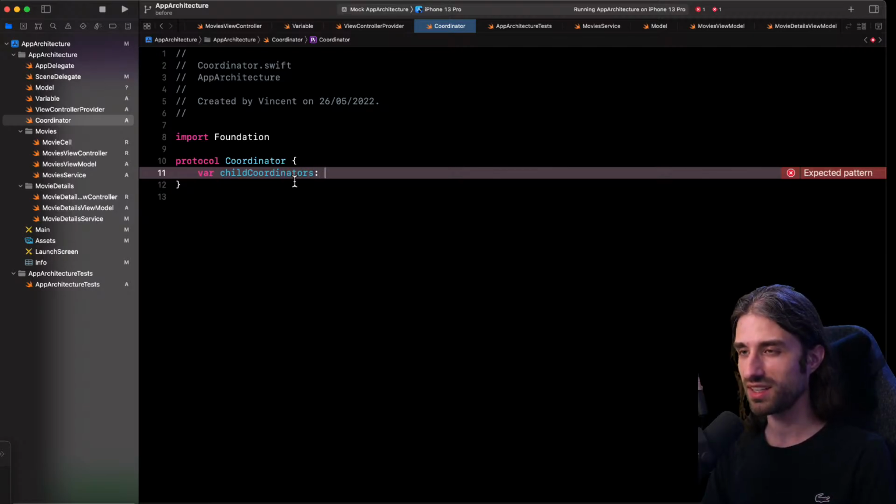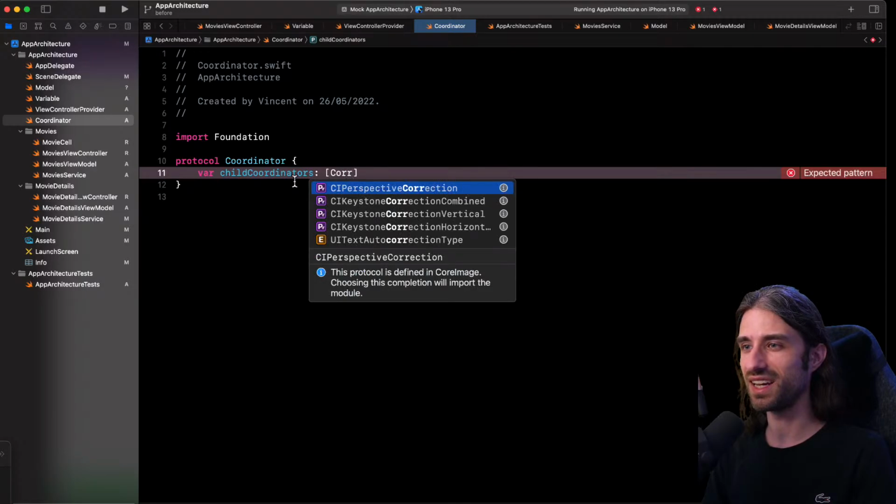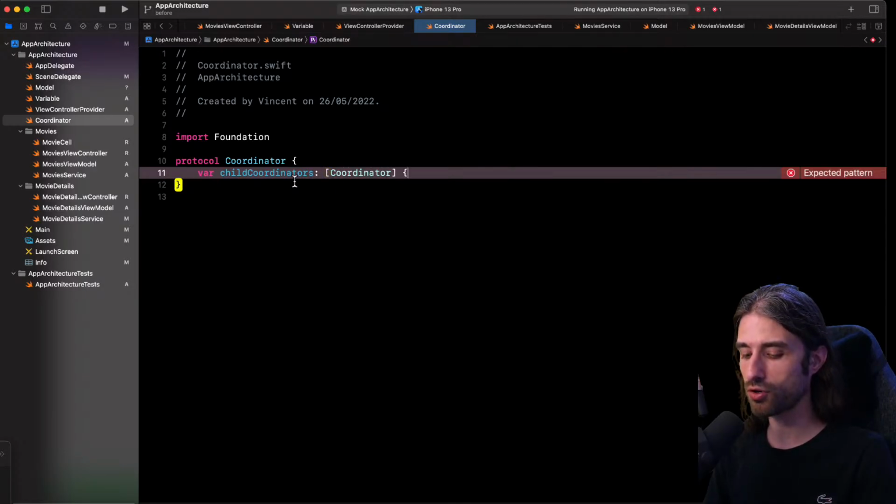So actually, even though it's the first part, I'm not going to use it in this live because it's useful for more complex cases. For instance, let's imagine my app is using a navigation stack, but if my app was using a tab bar, it would make sense to have a coordinator for the tab bar and then one coordinator for each of the tabs. And so we would need to store these coordinators somewhere in order for them not to be released from memory. And so they would be stored inside this array and they would be owned by their parent coordinator. And we're going to see that the top coordinator is going to be owned by the scene delegate.